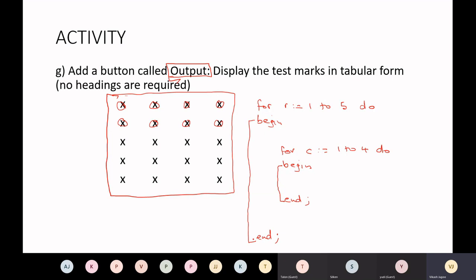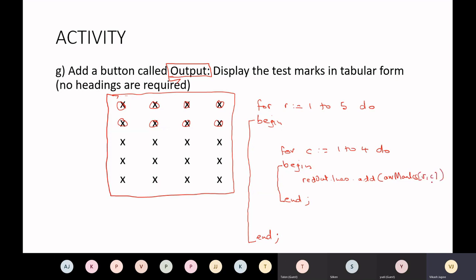Okay. So to output, I should have said, you're probably thinking about where you're outputting, and I'm assuming you would have figured out that you need a rich edit to do the display if you are working in Delphi. So yeah, we needed to do the button and it's going to be displayed in a rich edit. So let's assume that we've got a redOut rich edit on our form. Now, if I put in redOut.Lines.Add and I attempt to print arrMarks